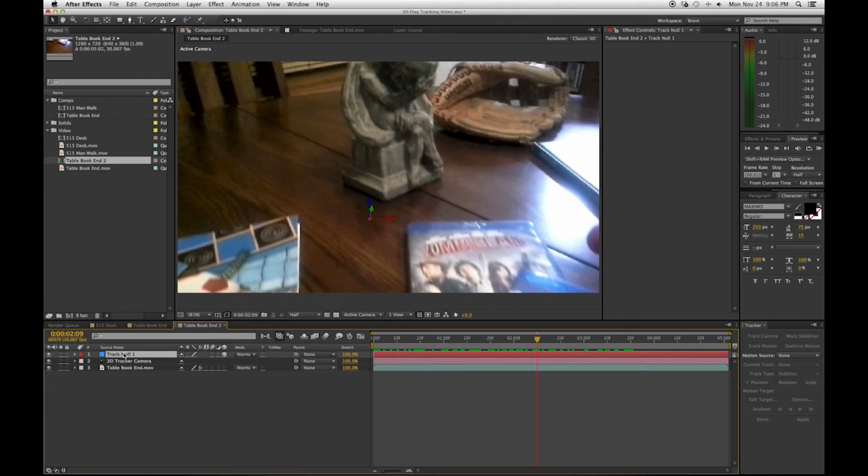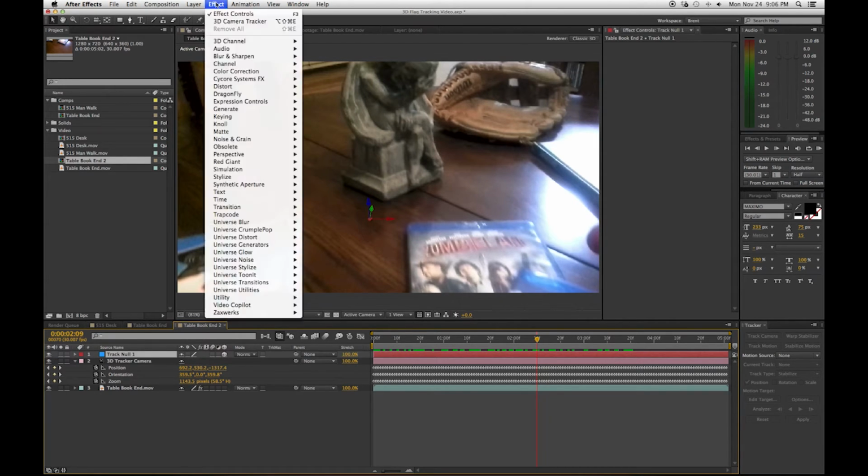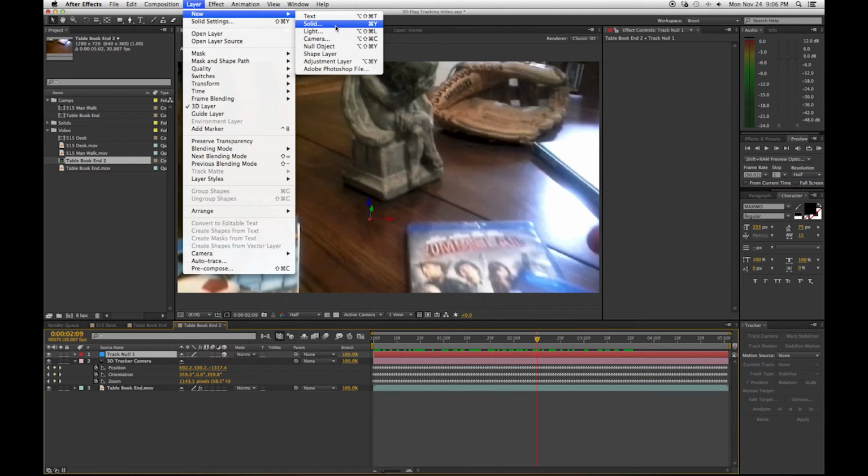If we hit U, there are no keyframes. It put all the keyframes on the camera. So it matched the movement of the actual camera and put keyframes in the After Effects camera to match that movement. So what we can do is we can add our flag, layer, new, solid,